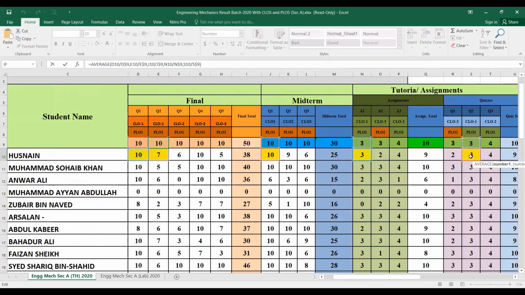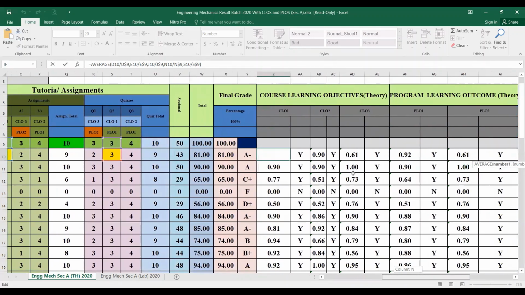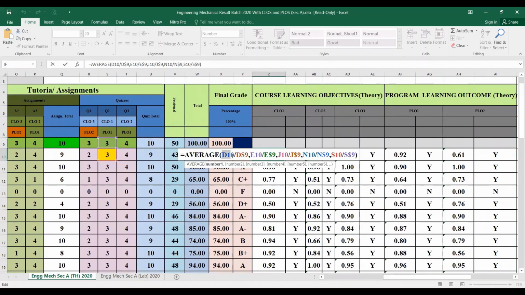Quiz number 2 was mapped with the CLO1. So you just have to take the average of these values. How? You have to take whatever the student scored in question number 1 of the final exam, divided by the actual marks of question number 1. Then final exam question number 2 was also mapped with the CLO1. So whatever the student attained in question number 2 in the final exam, you have to divide it